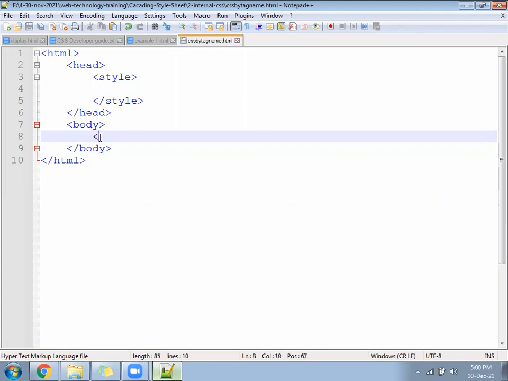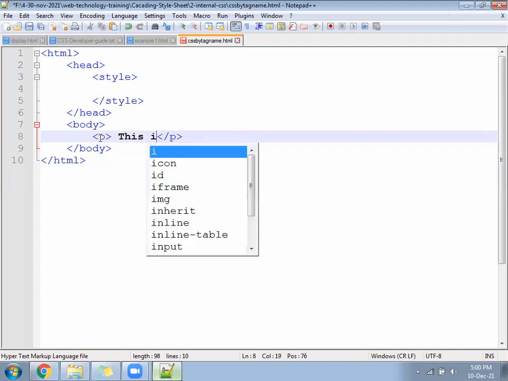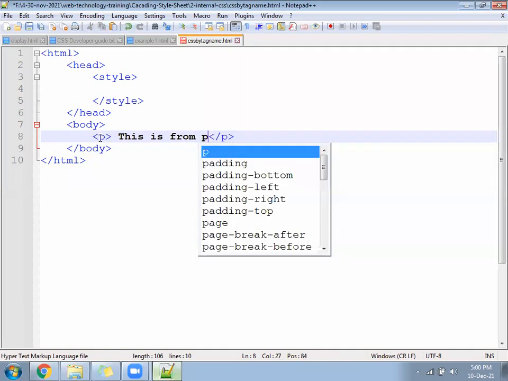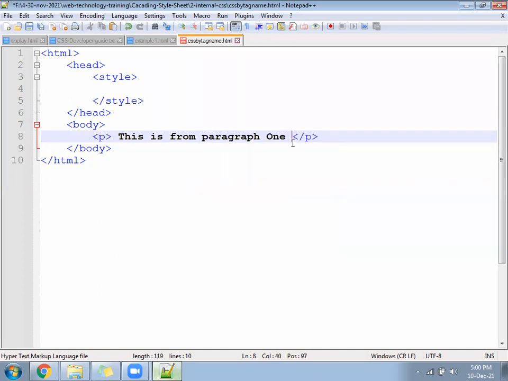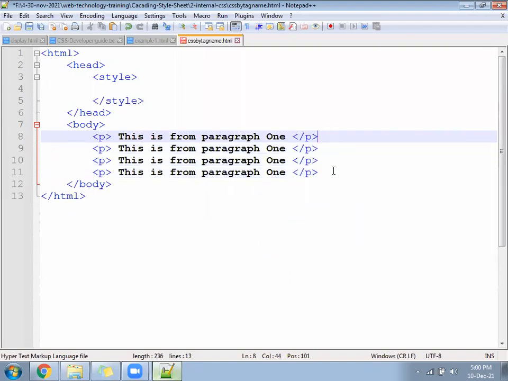Next, we can go here and follow maybe a paragraph. Can I start with paragraph? Paragraph 1, paragraph 2, 3, 4. Let's write 4 paragraphs.